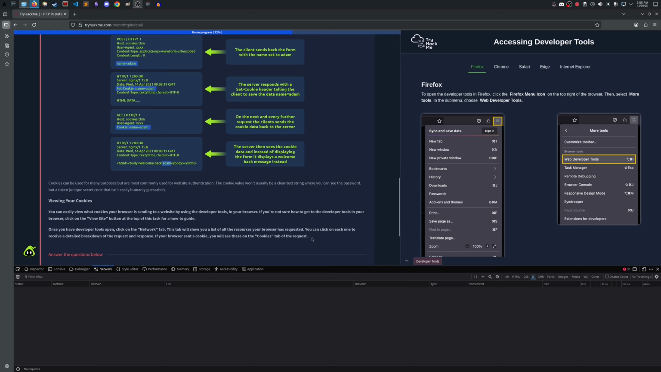I think we'll probably need to refresh the page, but let's continue reading. A list of resources your browser has requested. You can click on each one to receive a detailed breakdown of the request and response. If your browser sent a cookie, you will see these on the cookies tab of the request. So